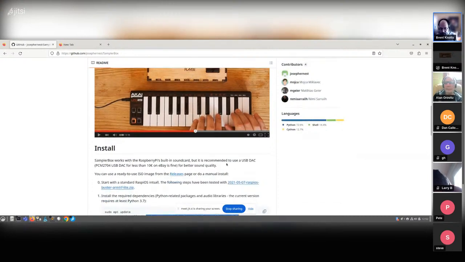It is suggesting that you should use a separate DAC for better sound quality. I don't know if that affects the latency or not, like if it improves the latency to use a better DAC. I did have a USB DAC laying around. I think I'm done with